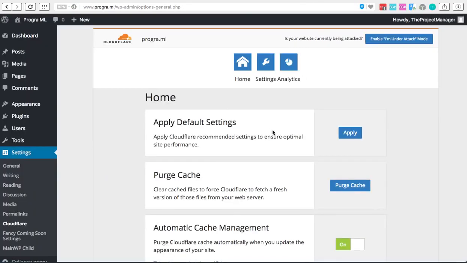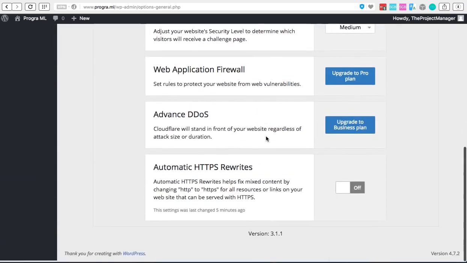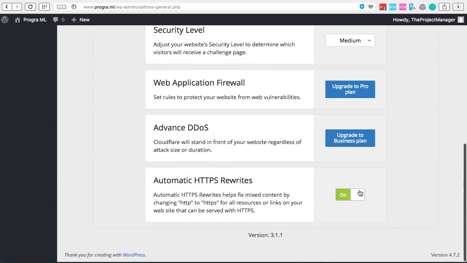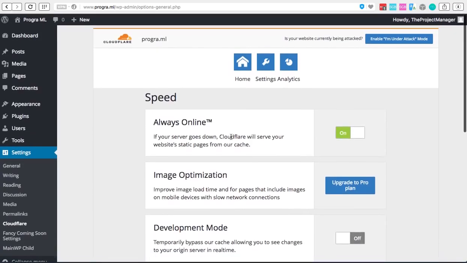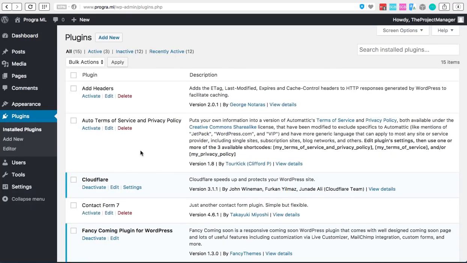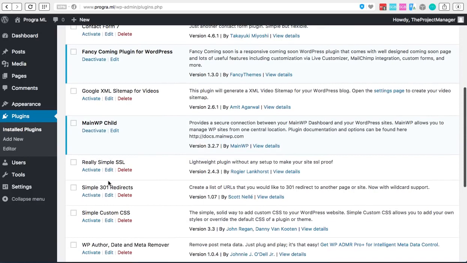So if I come to settings, scroll down, you'll need this one, the automatic HTTPS rewrites. So let's turn that on. You need to flick that switch on. Right, once you've done that, what we're going to have to do is go back to plugins, and now we're going to install the Really Simple SSL. Don't activate this yet, because as soon as you activate Really Simple SSL, what's going to happen is, just to show you,